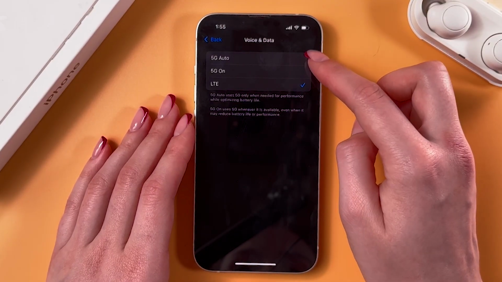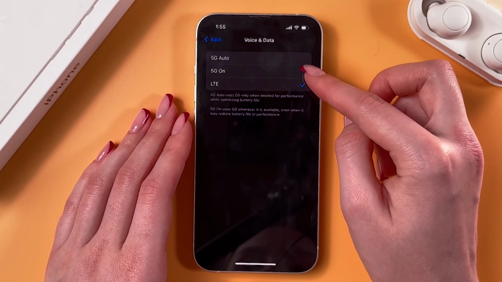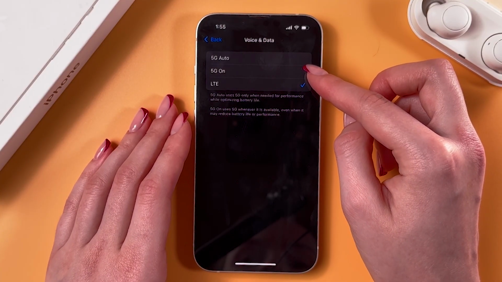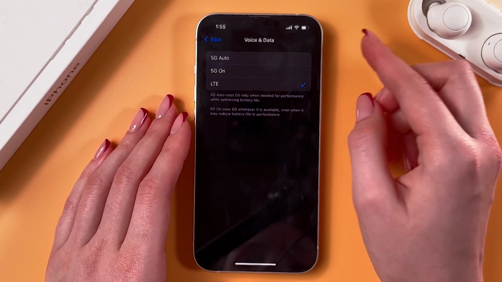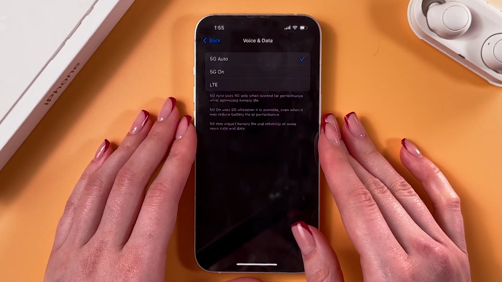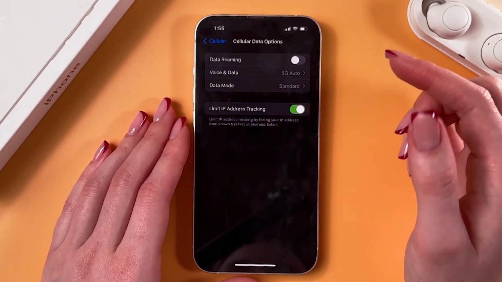The first one uses 5G only when needed for performance while optimizing battery life, and the second option uses 5G whenever it is available, even when it may reduce battery life or performance. So I'm gonna select the first option, and now to save the changes, it is enough to simply go back